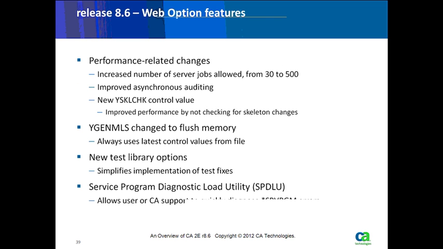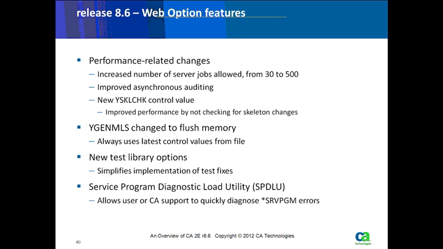Within Web Option, we made quite a lot of changes. We have a number of customers now who have thousands of users concurrently using Web Option, and some of the limitations we had on Web Option originally, for instance, a maximum number of server jobs used to be 30, we widened to 500, because if you have 3,000 people trying to access an IDMI of 400 using Web Option at once, that can be a bit of a bottleneck. So now they can all access that 400 over the internet with a web interface using sub-second screen transitions.